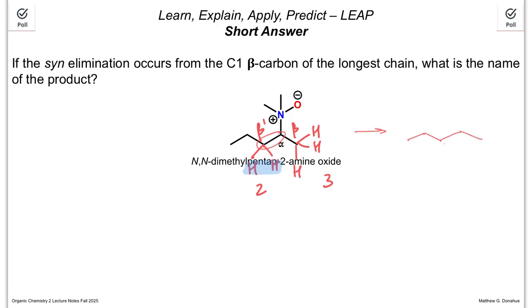So we have 1, 2, 3, 4, 5 carbons. And then we do an elimination within the molecule to install that alkene. So that gives the more substituted alkene at this point. So we went a smidge over